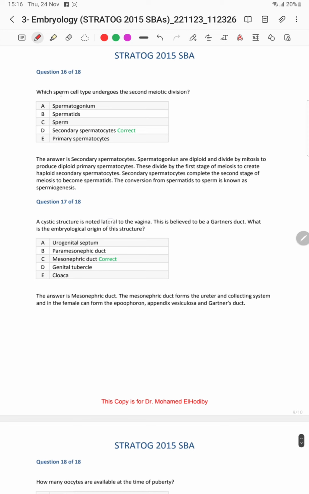Question number 16. Which sperm cell type undergoes the second meiotic division? It is the secondary spermatocyte. Spermatogonia are diploid and divide by mitosis to produce diploid primary spermatocytes, and these divide by the first stage of meiosis to create haploid secondary spermatocytes. Secondary spermatocytes complete the second stage of meiosis to become spermatids, and the conversion from spermatids to sperm is known as